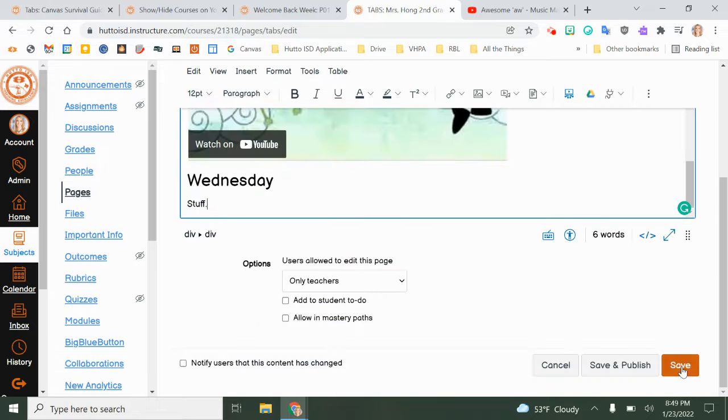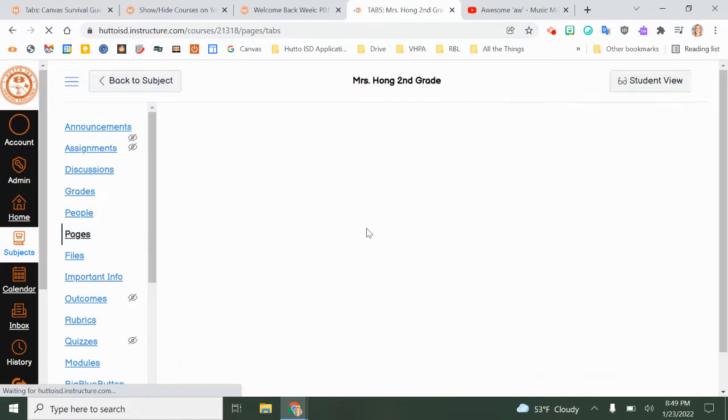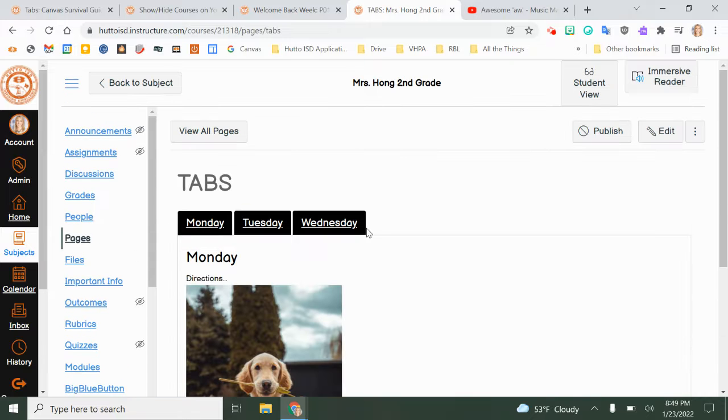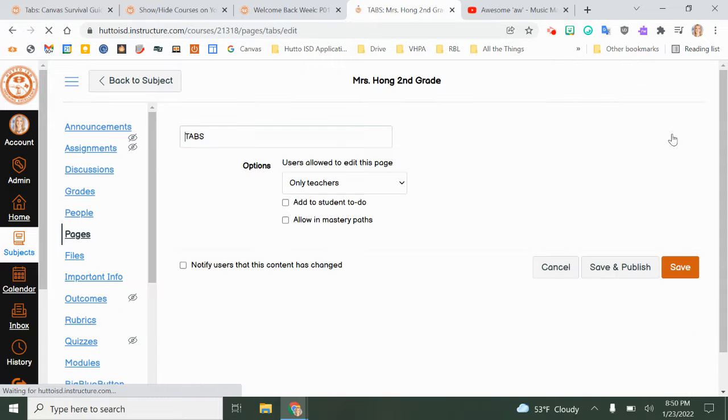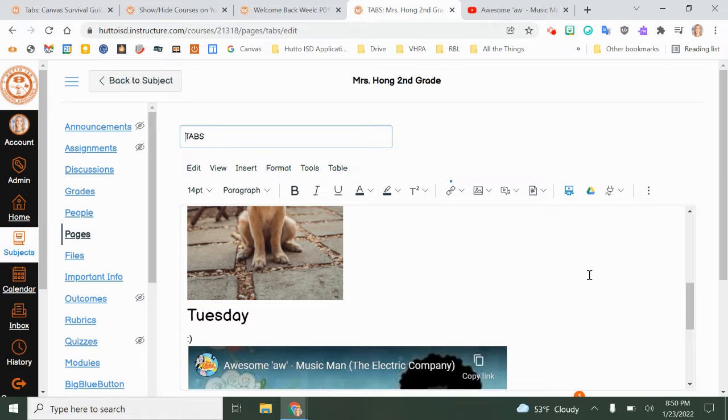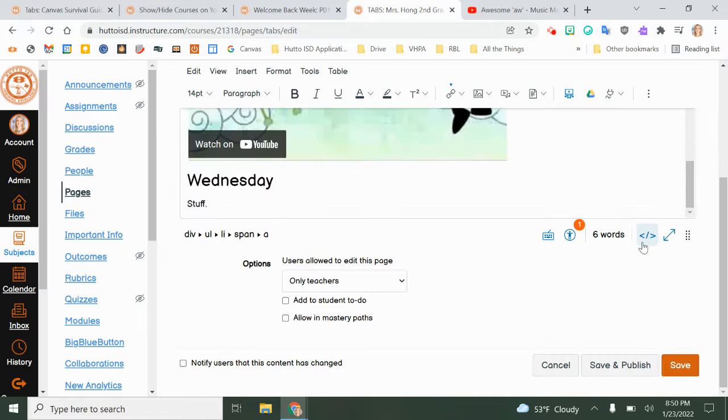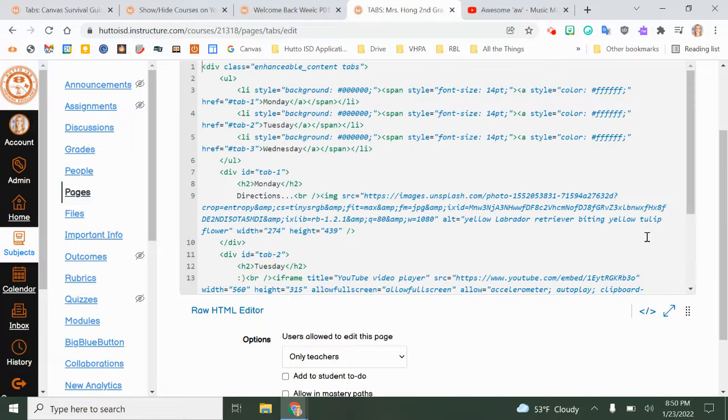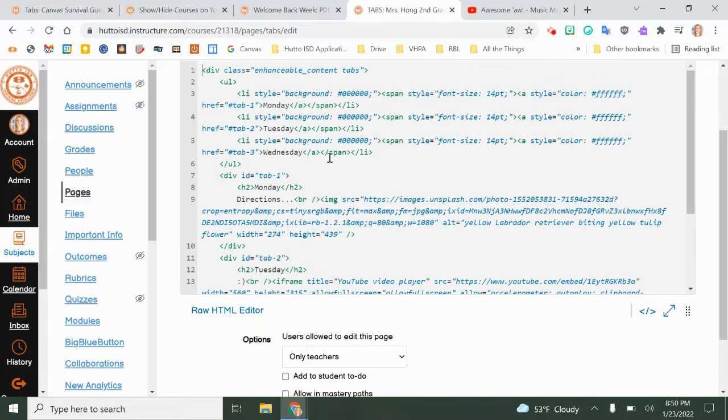And let's save it just to make sure that's what it looks like. Yay, Monday, Tuesday, Wednesday. Now, if I need to add a tab back, or if I needed more than 5 tabs, let me go back to that little editor. So same kind of thing